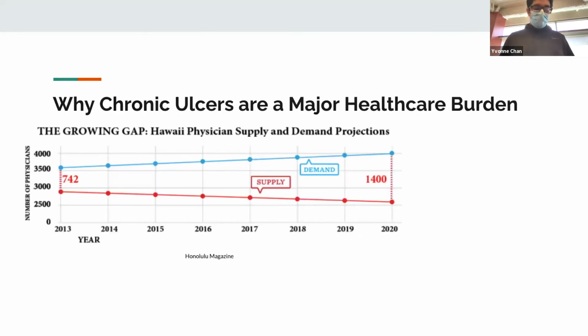Chronic ulcers are a major problem within our current healthcare system. Chronic ulcers are a type of skin condition where skin on the epidermal layer breaks down, exposing raw underlying fat or muscle. The most common locations where these ulcers can occur are in the feet, lower legs, and the sacral region. Chronic wounds, which occur more in elderly patients, often lead to lots of pain, and in some extreme cases,